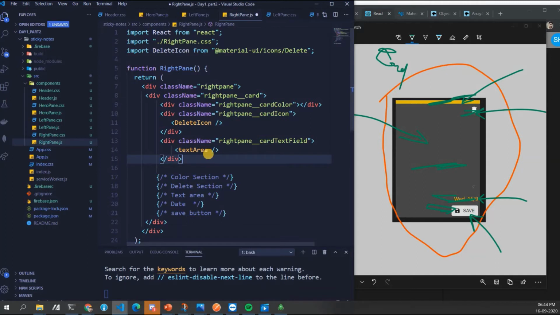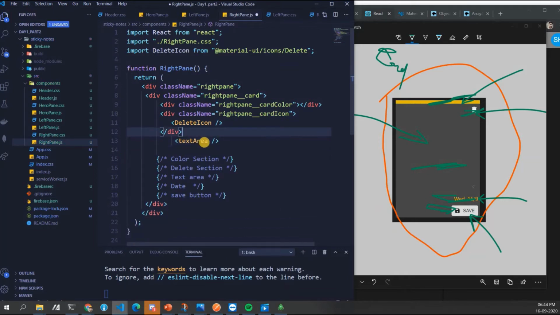Now the text area is written like this. Let's not keep it in a div because it is a self-closing tag, so it does not need to be in a div as such.